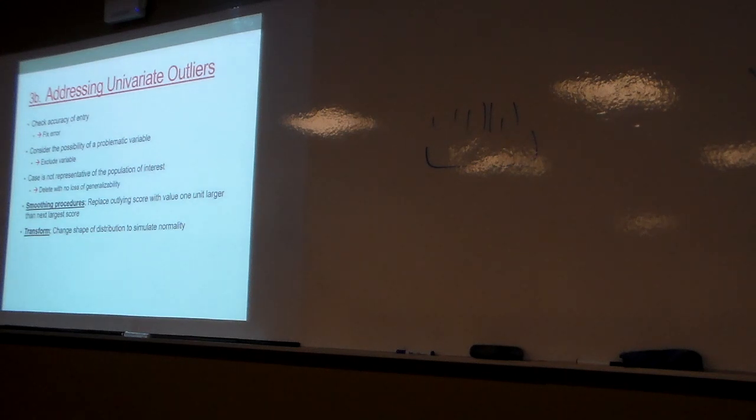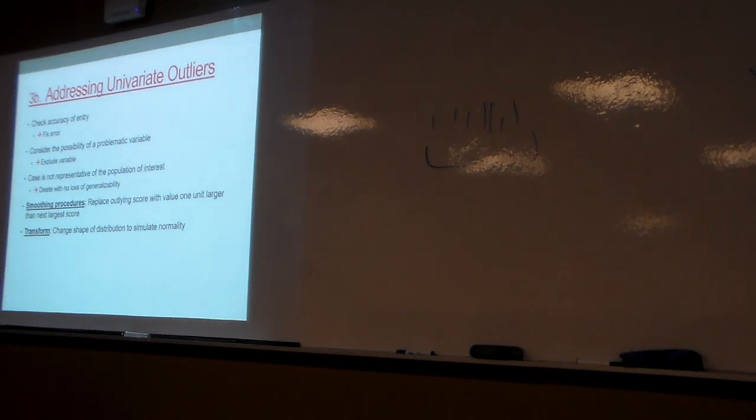Some people go once or twice a month and take one of my roommates' Ritalin or something like that, and then you've got someone who's doing it multiple times a day, right? That person's important, but they're going to drag that way out. We need to figure out what we do with that. So one thing you can do, if you've got maybe one or two cases like that, everything else is looking fine, but you've got one or two cases that are extreme. Here's my distribution, then I've got boom and boom, people who are disconnected from the rest of the distribution, way out there.